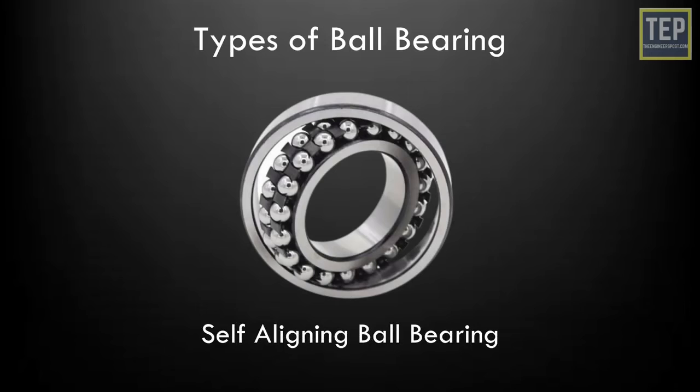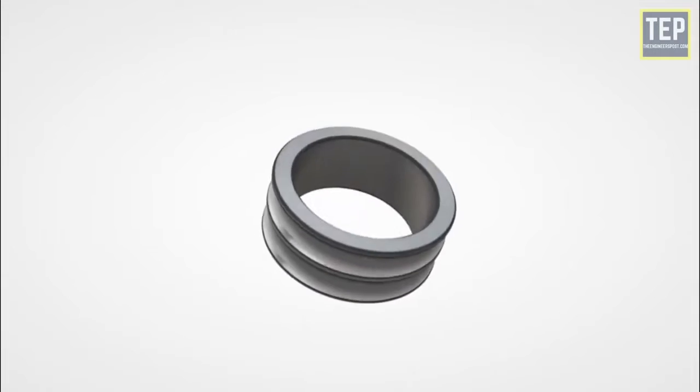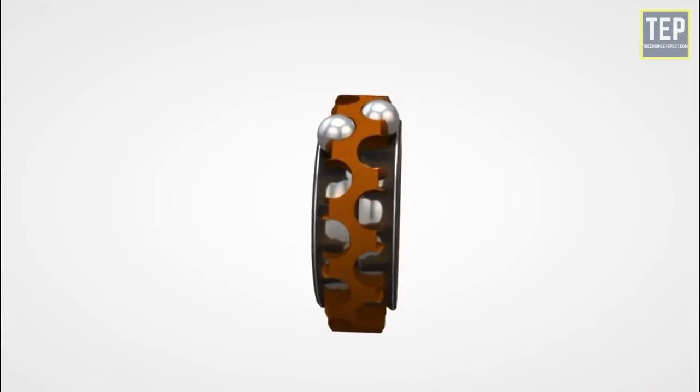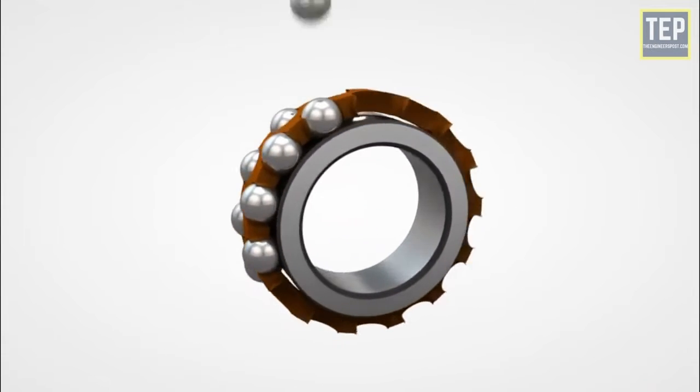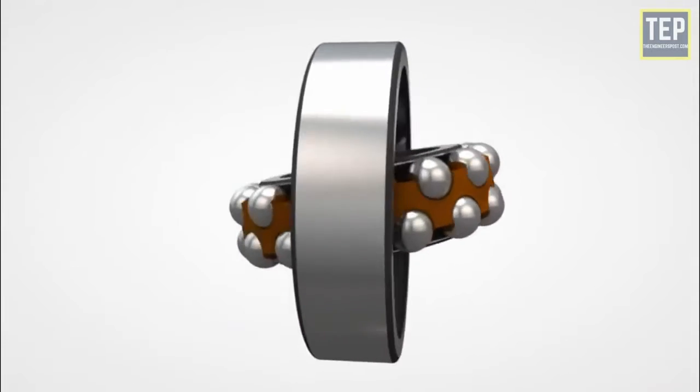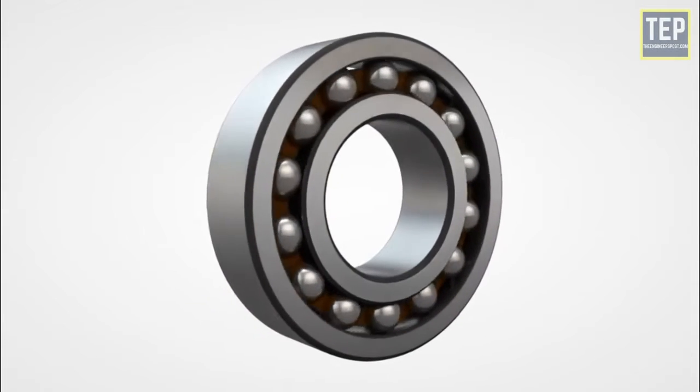Self-aligning ball bearings. In this type of ball bearing, the inner ring has deep grooves, similar to deep groove ball bearings, followed by two rows of balls and the outer ring. The outer ring has a concave shape, and this grants the inner ring